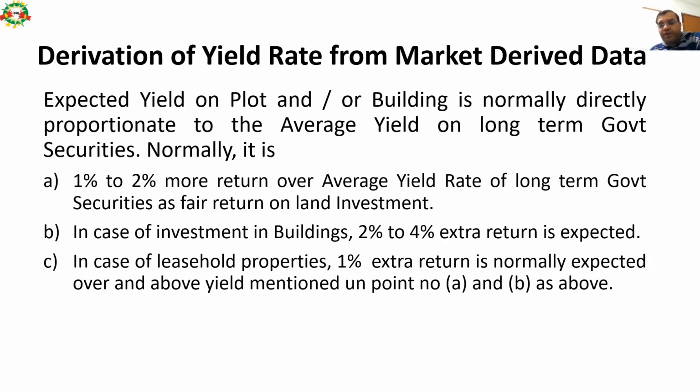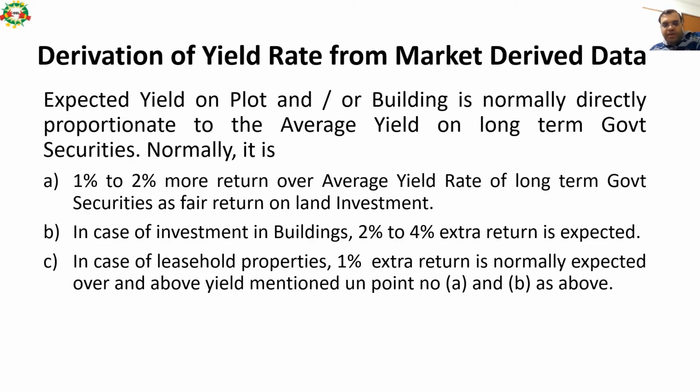And in case of investment in a building, a building is assumed to be a little bit riskier than land. That is why people tend to seek more return, more yield, in case of buildings. So 2 to 4% extra return is expected over the government securities fair return. So if government securities are offering a rate of return of 5%, and I have a building, my expected yield from the building should be 2 to 4% more, maybe 7